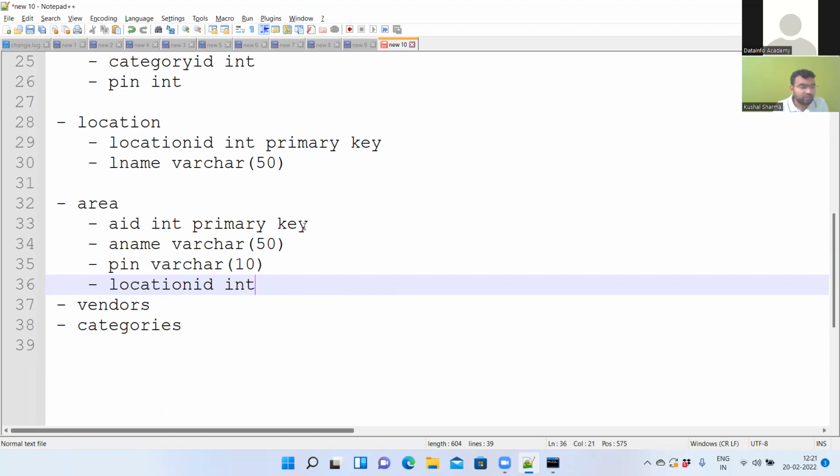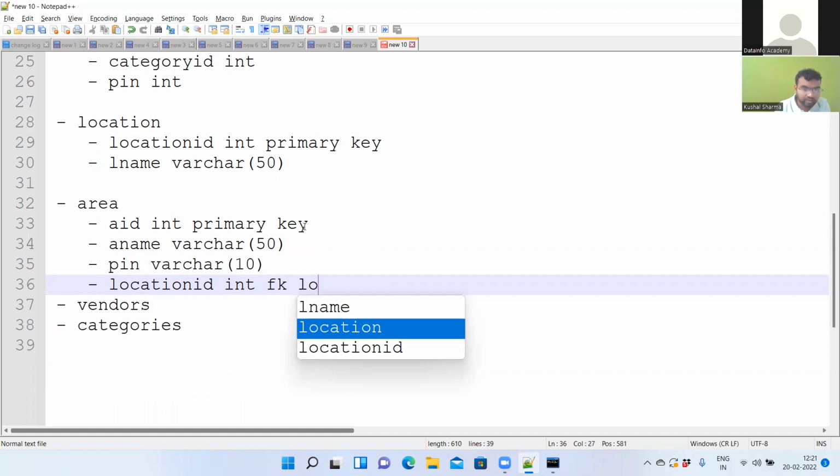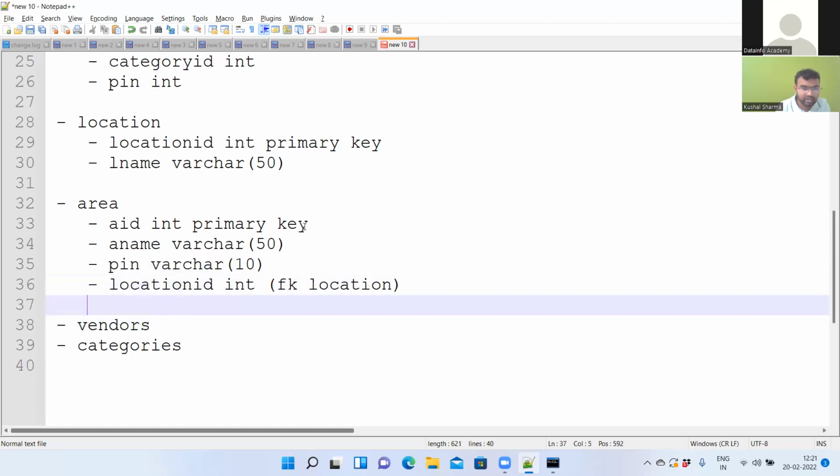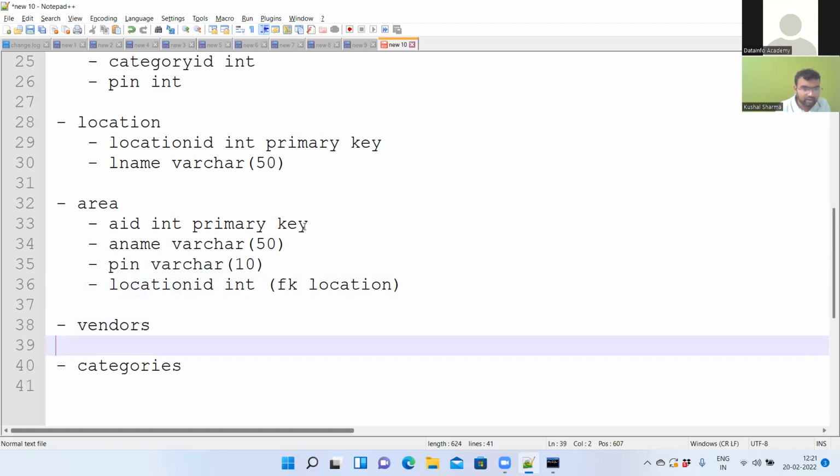And if you want, you can mention that it is foreign key and it is coming from location table. So whatever you want to mention, you can mention that. Now here for vendors, we can have, yes,